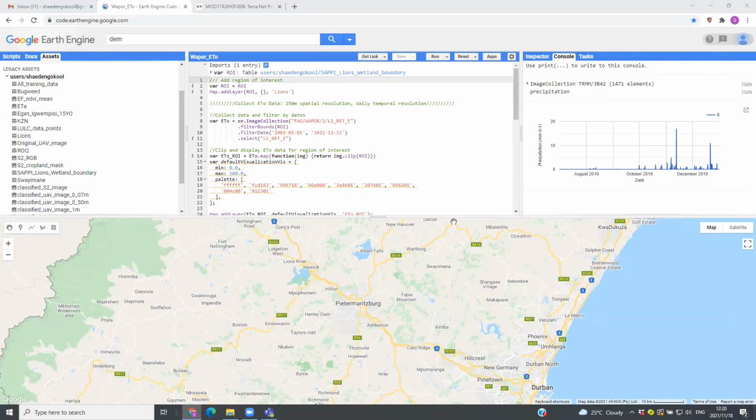Is there code on elevation and temperature? Yes, there probably is. It just depends which data set you want to work with. But when you're going into the data catalog and viewing those data sets, those code snippets that are provided are just to view the data. If you want to do something specific to that data set, like how in the example I've showed here with the TRMM data, where we wanted to get the average value for a region of interest, then you'll have to look up, so you're going to have to search on Google specifically,